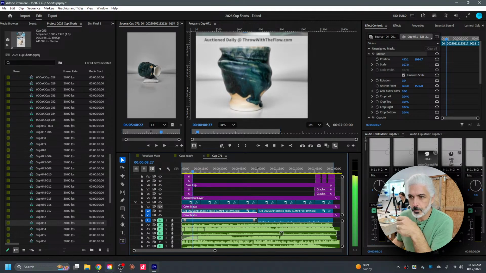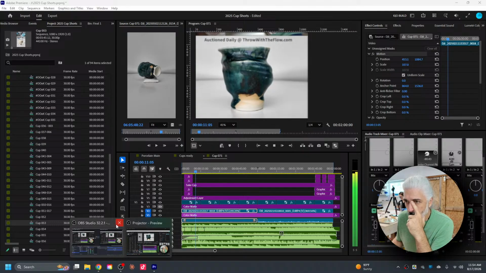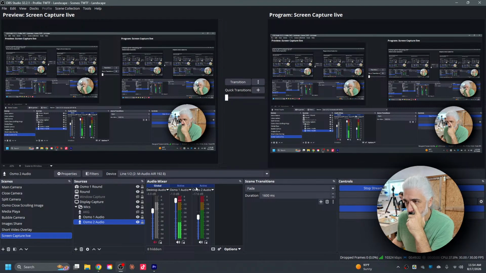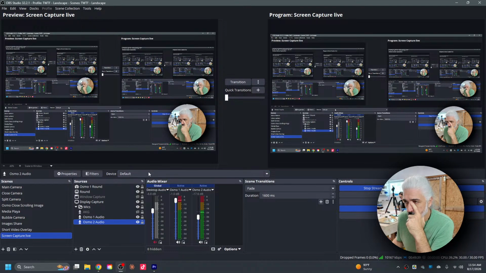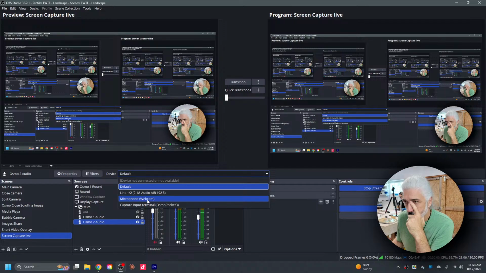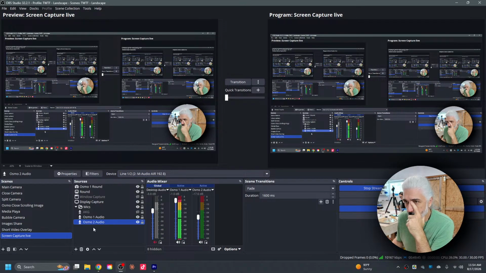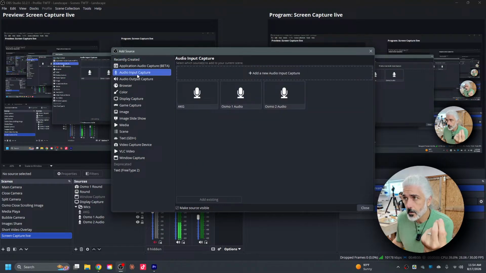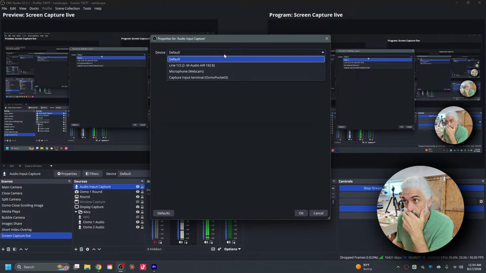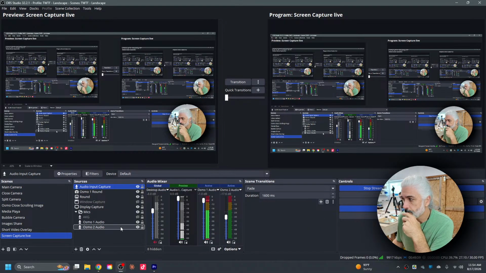Okay, so here the audio is playing. And now over here, it says line in. Let's see if we can do a line out. Audio output, audio input. Nope.